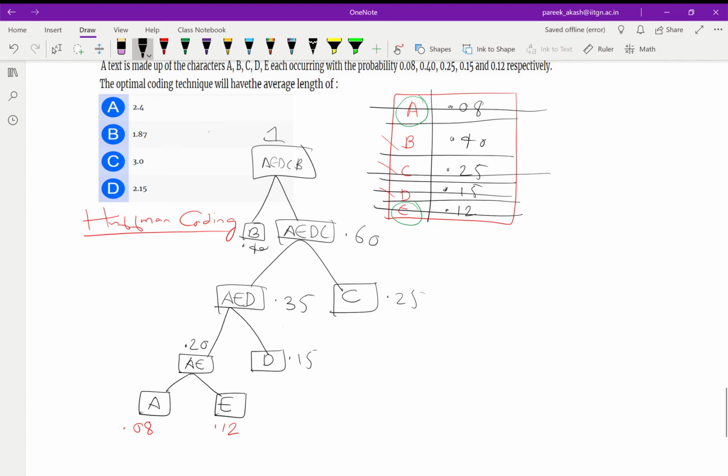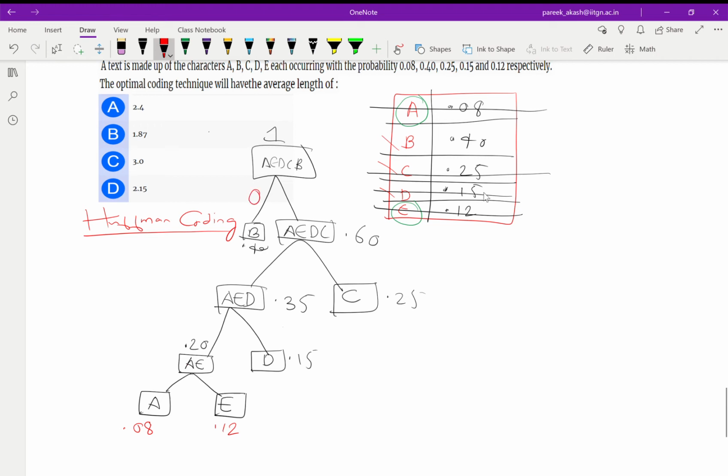So this is the tree which we have constructed, and now in this tree we will give each edge a value. Suppose for the left edge we give 1 and for the right edge 0, or you can do it the other way, for the left 0 and for the right 1.